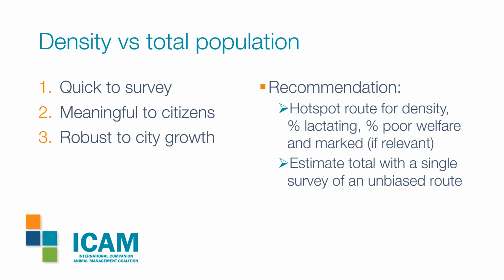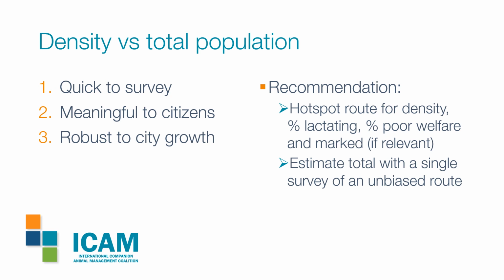2, I feel that density is actually more meaningful. Tell someone that lives in a town that there are 640 dogs that live here. So what? It doesn't really mean very much, but if you tell him that there are 4 dogs per kilometre, it's not a big step to translate that into the number of dogs that he may meet on his 10-kilometre commute to work, 40 dogs on average, or the number of dogs his child meets on their 2-kilometre walk to school, 8 dogs on average. So reduce the density of dogs and you change his experience of living in this city.